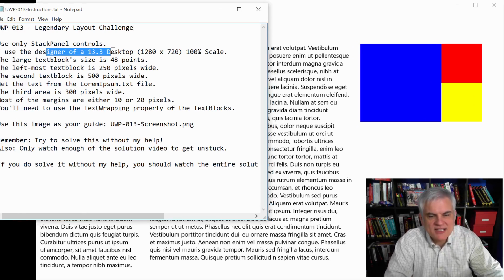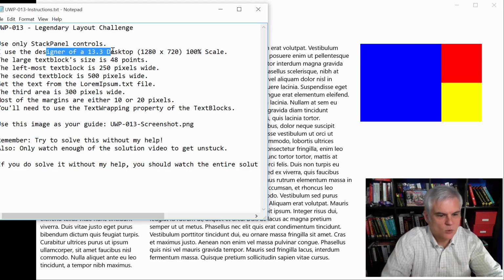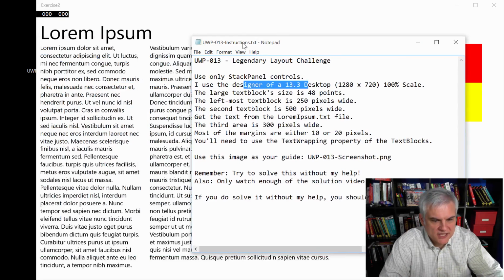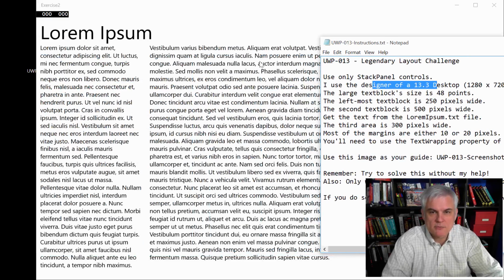The designer I set to 13.3 desktop 1280 by 720 100% scale. That might help you as you're building this. You're going to need a little bit more horizontal space to work with. This text block at the very top is 48 pixels. The leftmost text block will be 250 pixels wide, and then the next one will be 500 pixels wide, according